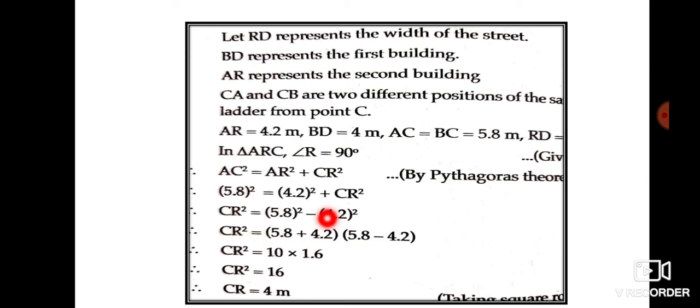That is one way. Or an easier method, since it has decimals, is to use the A square minus B square method. That is 5.8 plus 4.2, times 5.8 minus 4.2. 5.8 plus 4.2 is 10. 5.8 minus 4.2 is 1.6. So 10 into 1.6 is 16. So CR square is equal to 16 and CR is equal to 4. The sum is a very easy sum, but the tricky part here is the working. So you can use this method over here.